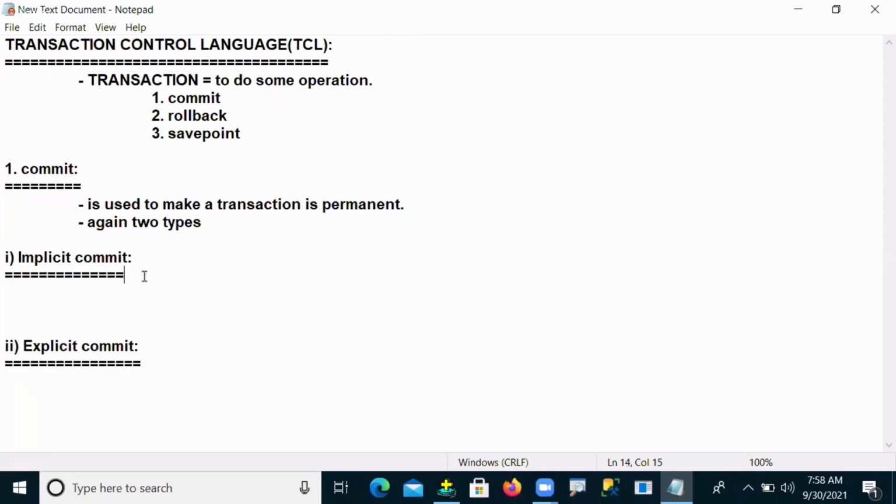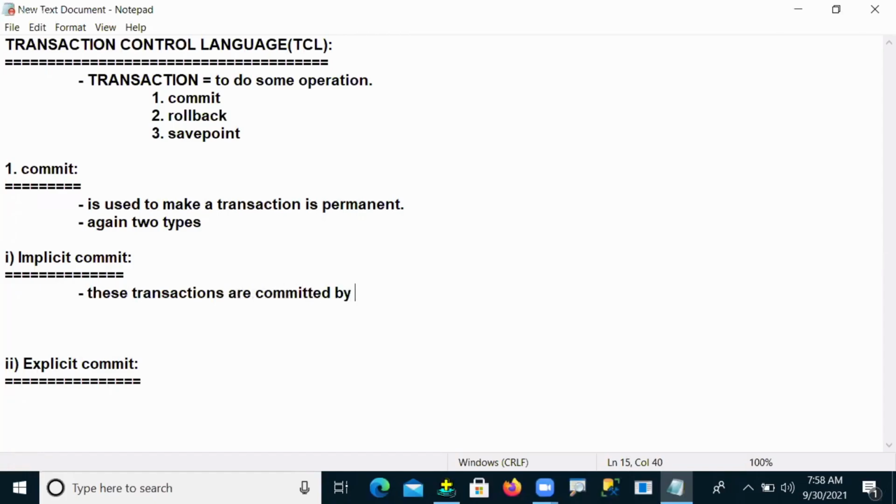Implicit commit transaction means what? It means that these transactions are committed by the system by default. So these transactions are committed by the system.